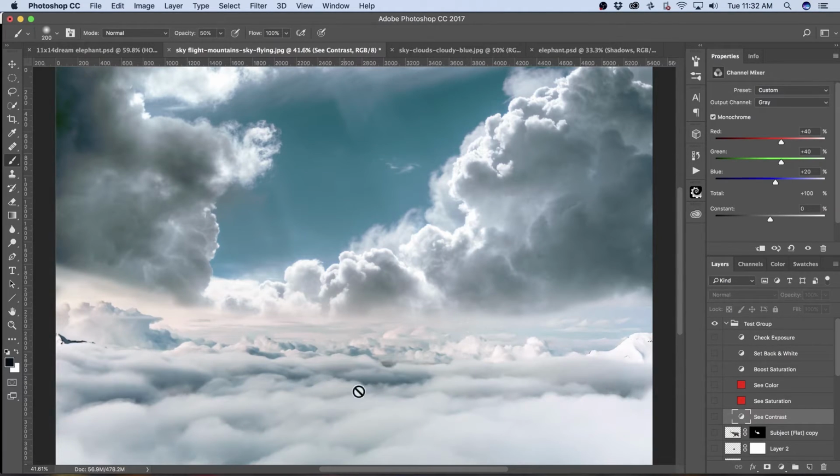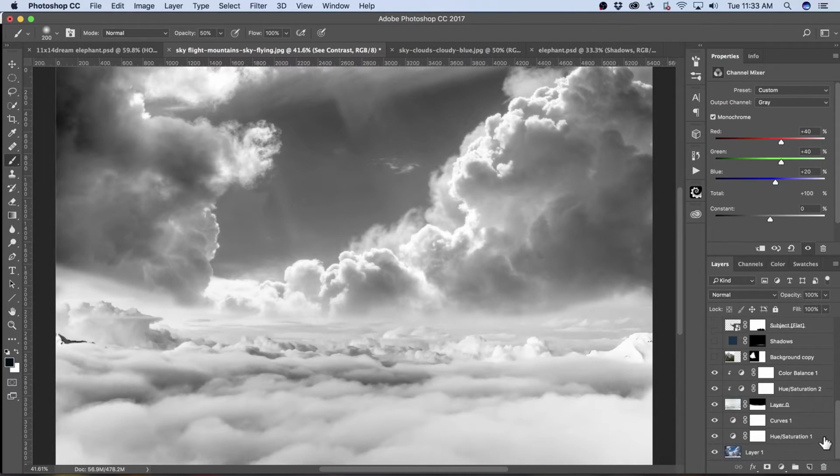Now I want to look at the contrast of the image to see if it matches. It just basically quickly turns it to black and white so we can see, is this too dark and this too light? And this is kind of dark. There's nothing really that dark in this part of the picture. I think I'm just going to leave it for now, or I could go ahead and make a slight adjustment